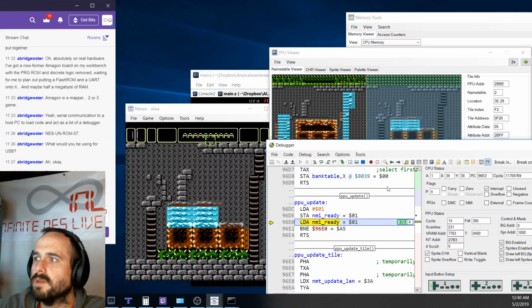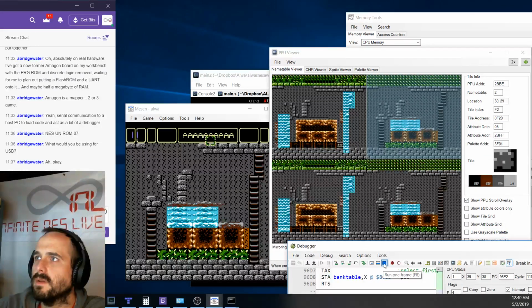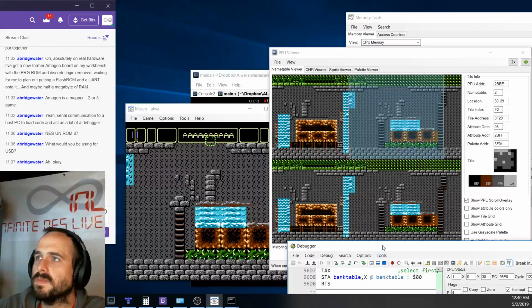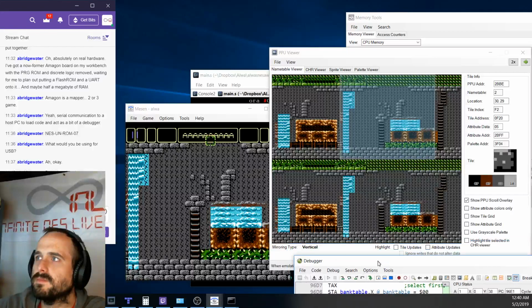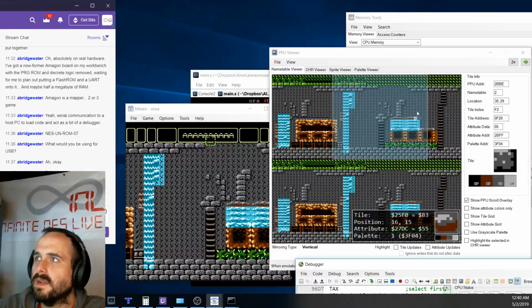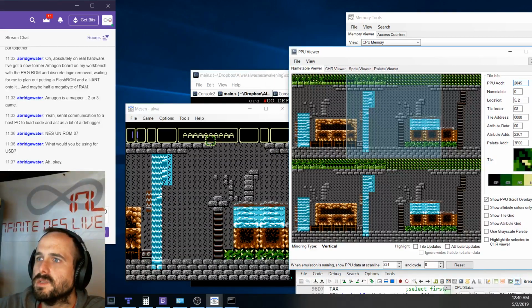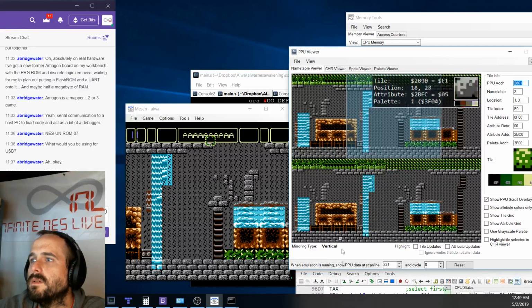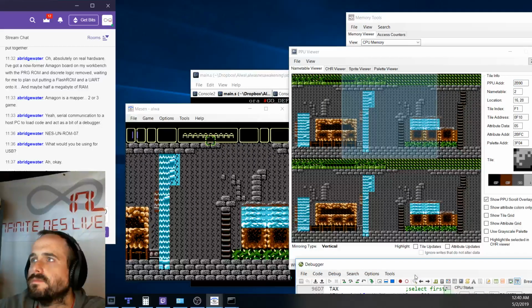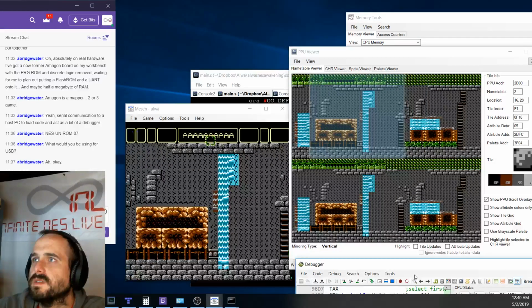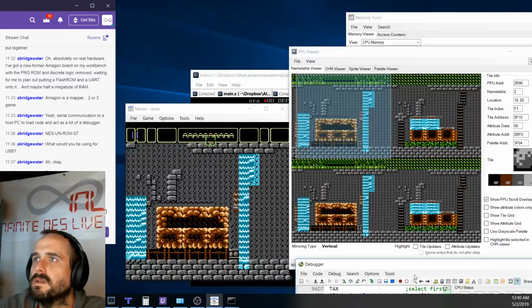Maybe. What happened here? Oh, I forgot to stop holding that. That might have broke everything. Okay. So now it's scrolling into the room. This highlighted area is the current visible screen, just like you see here. So we're scrolling from the vine room into the well room, 4 pixels at a time. We get to the end,